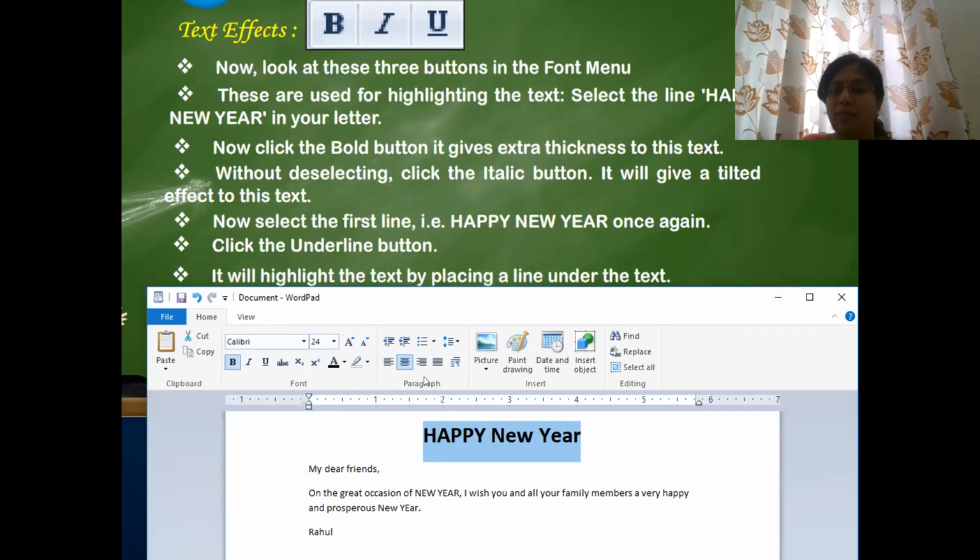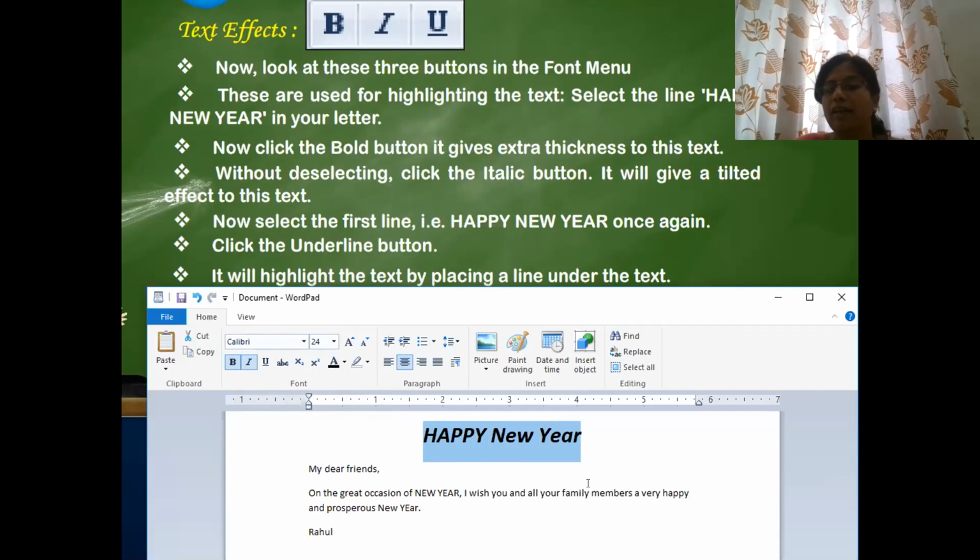For that, what are you supposed to do? Click on the italic button, the center one. I is for italic. Just take your cursor over there. It will prompt by itself. Italic. When I click this one, see it got a little slant, right? This is for slanting. When we slant it, it looks like a running handwriting.